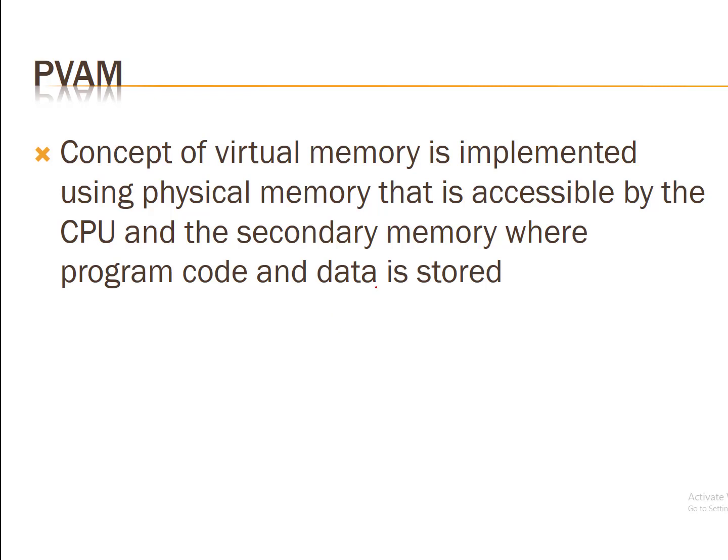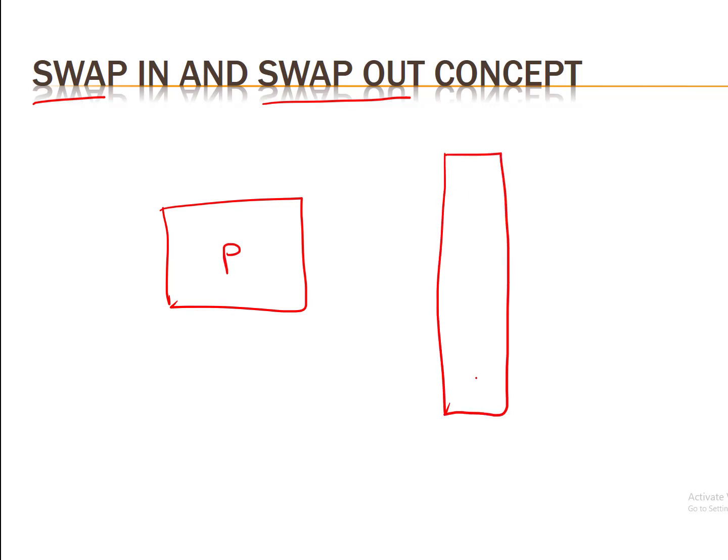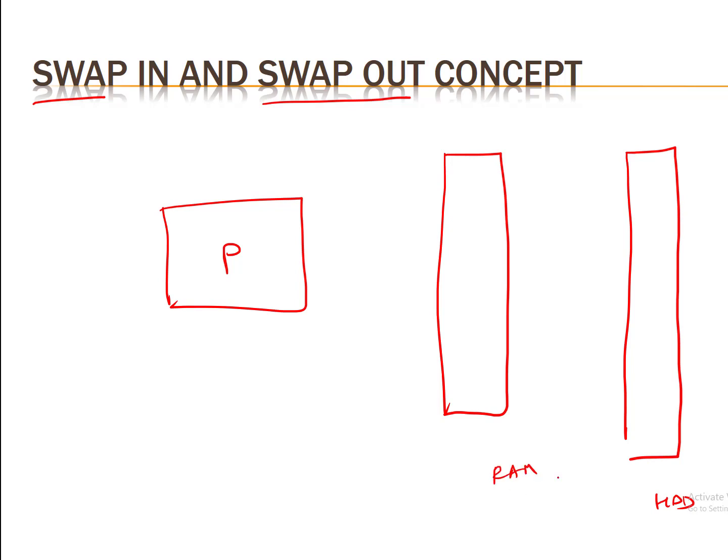The concept of virtual memory was implemented from the 80286. Why is it required? To perform swap in and swap out. What is swap in and swap out? Let's see using one diagram. This is a processor, this is RAM, and this is the hard disk drive. The processor executes processes, but processes are located in RAM. Let's say this is the program of P1, this is a portion of P2, and there is one more process, P3.